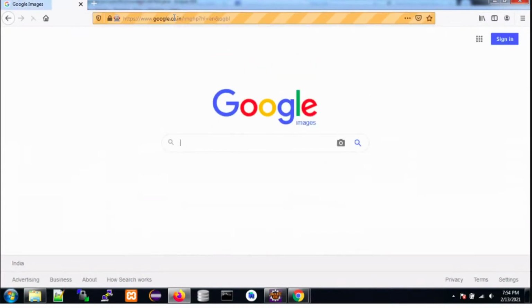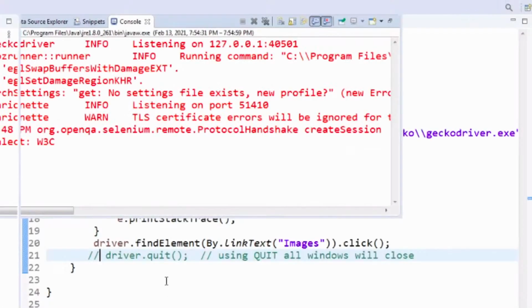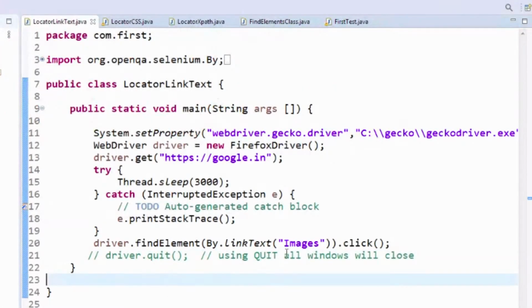And after 3 seconds, it clicks on that Images hyperlink link text, and we can see that the Google Images page is open instead of Google search. So in this way, we can locate an element via link text functionality and click on it and go to that particular page as and when required, as per our use case, as per our project that we are working on. So this is the locator by link text.